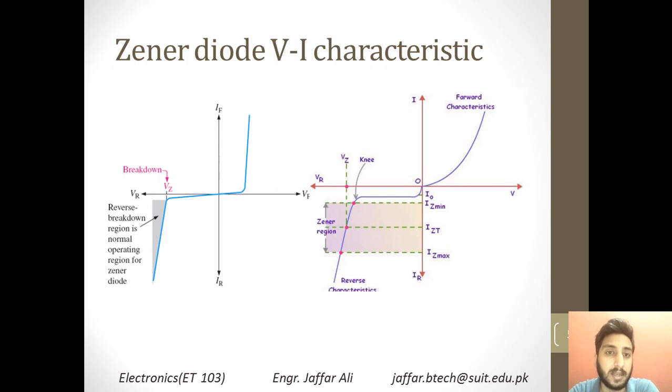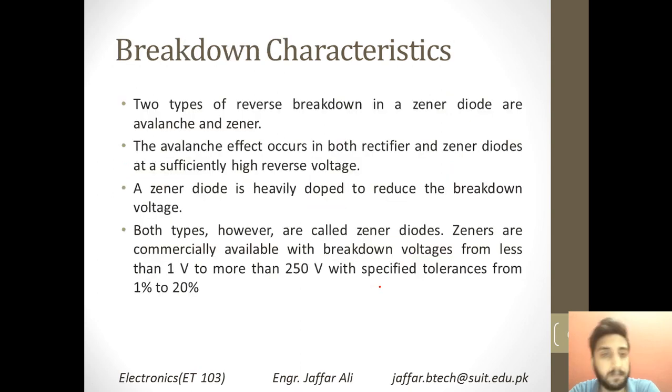You see that this is the characteristic of the Zener diode. You can see that it operates in the reverse condition as well. This VZ represents the reverse breakdown voltage that a Zener diode has. If you want your diode to operate in the reverse region, you can use this region, which is mentioned over here as the Zener region. So this is basically the reverse characteristic, and this is the reason for which we use a Zener diode instead of a normal diode.